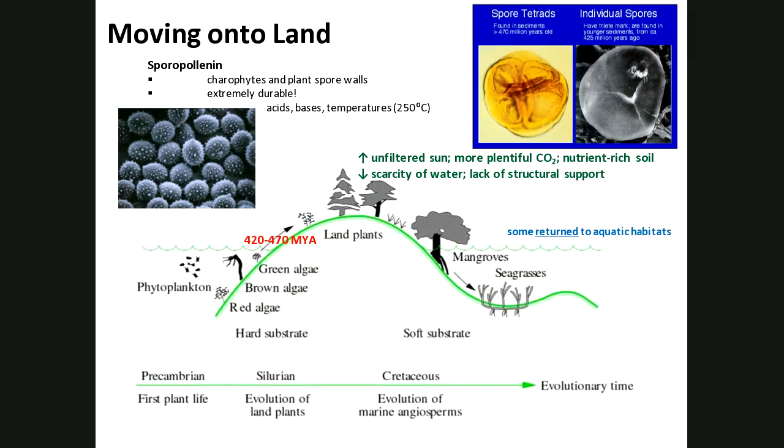a lot more sunlight on land. Sun doesn't get filtered out through the water, so guess what? There's a lot more sunlight. If there is a lot more sunlight and you figure out a way to capture more of that sunlight, making leaves, right? If you can make leaves, and if you can make big leaves, you gain an advantage, because the more sunlight, the more photosynthesis.